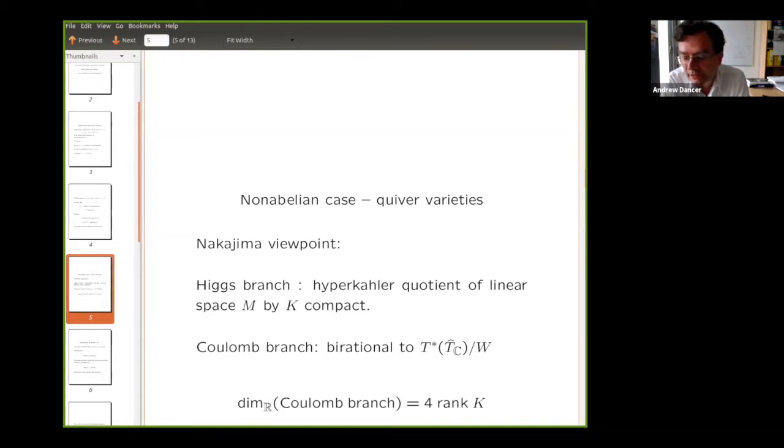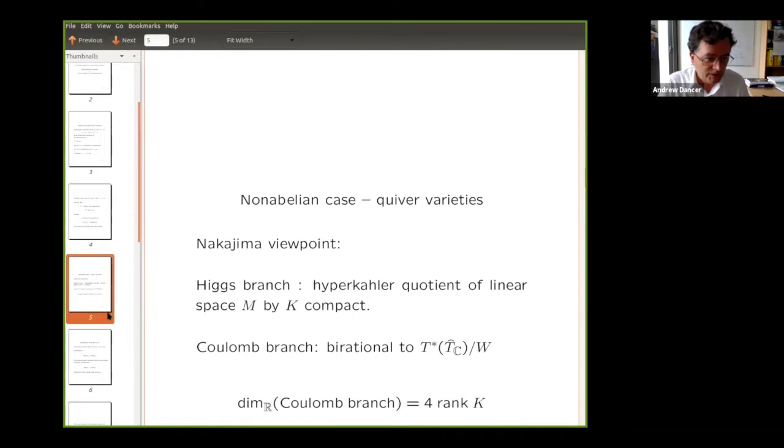The birational transformations correspond to quantum corrections to that classical picture. So it's a rather nice physical interpretation of the geometry there. Now that, of course, in itself doesn't go all that far to giving you the precise description of the Coulomb branch, but that's something to keep in mind. The idea, which follows very nicely from Nakajima's interpretation of his definition of the Coulomb branch, is that this should basically fiber over the Cartan algebra modulo the Weyl group. There should be some kind of integrable system picture there.